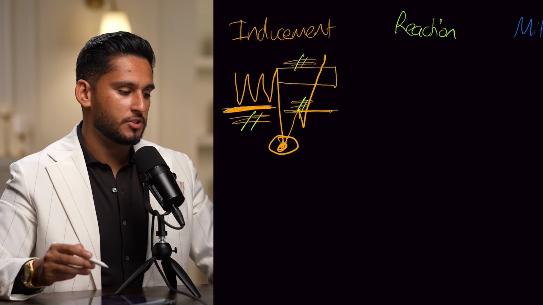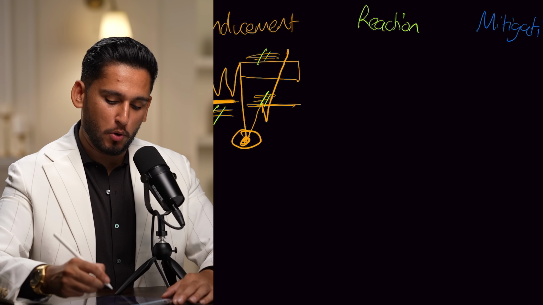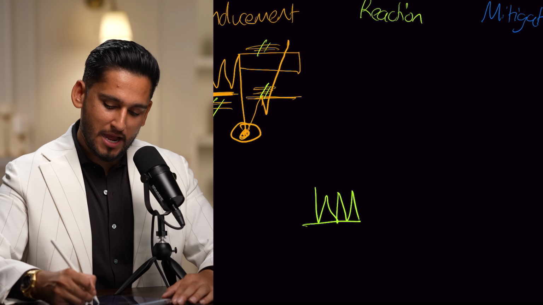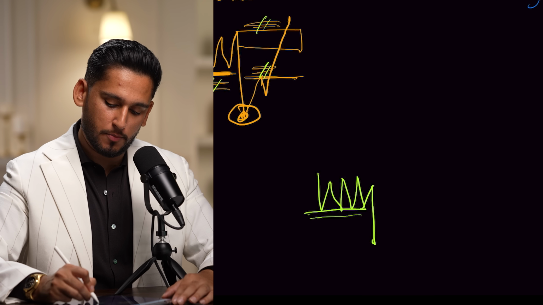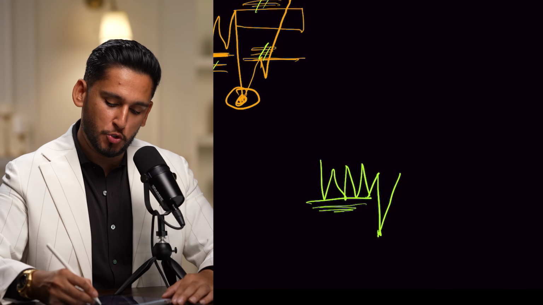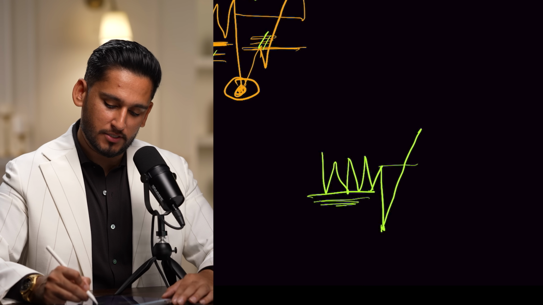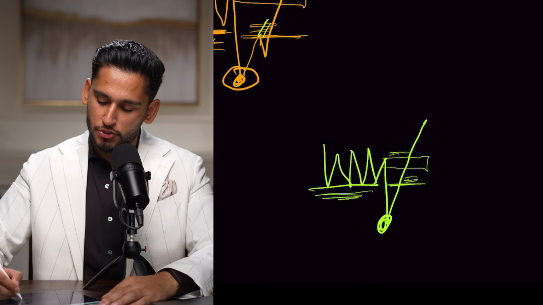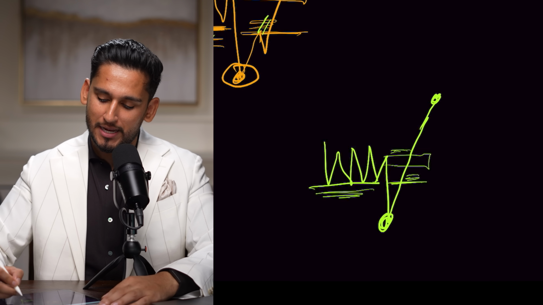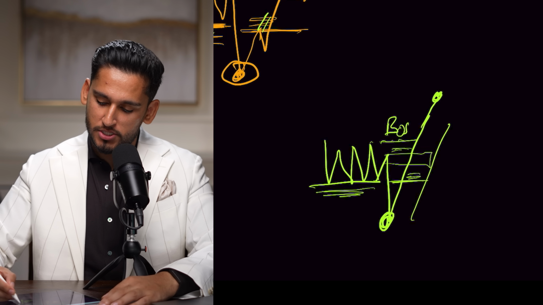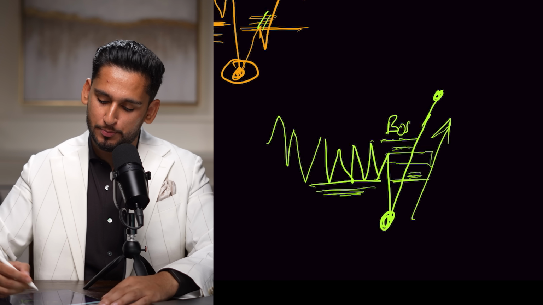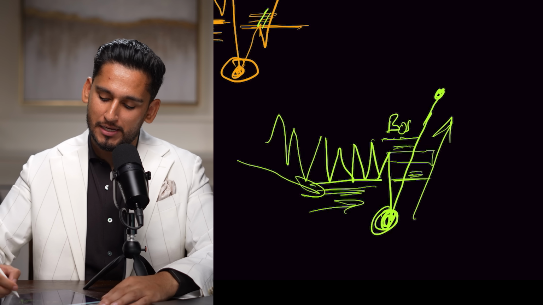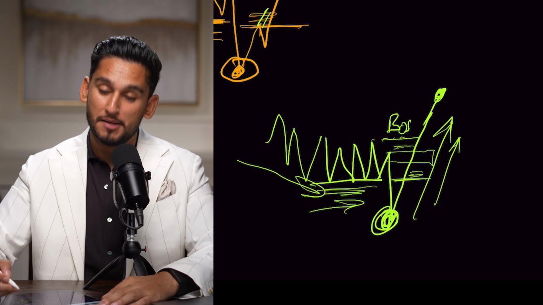So the qualification is basically the reaction, which is the next portion, which is after we see a build up of liquidity, let's say that support level, and then we see an inducement to take out the stop losses in this area, and then also shooting up to take out the stop losses of that supply zone, the support becoming resistance, there will be stop losses in this area. This inducement leads price to go higher and give a break of structure, this positive reaction against the trend. So we can see prior there was a bearish market, a consolidating market. This inducement allowed a bullish reaction, and therefore we had a bullish break of structure.